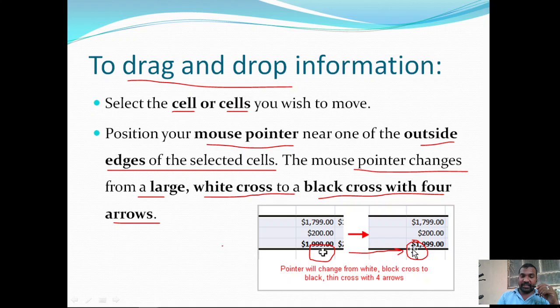Okay, so till now, we are just selecting the cell or cells we wish to perform the drag and drop operation on. This drag and drop operation is nothing but a move operation. Position your mouse pointer near any one outside edge of the selected cell, then the mouse pointer changes from a large white cross to a black cross with 4 arrows.